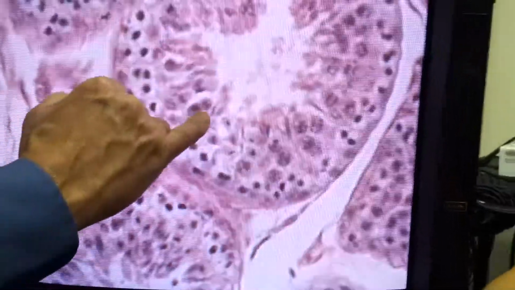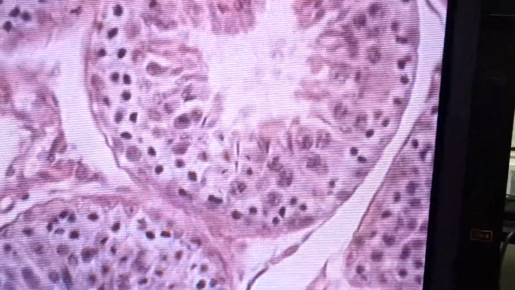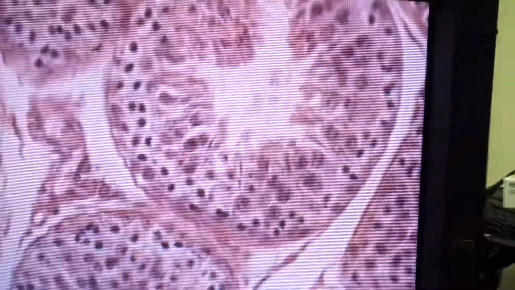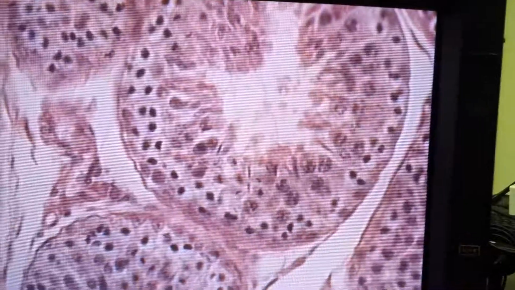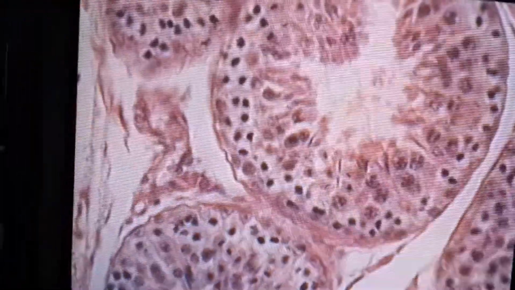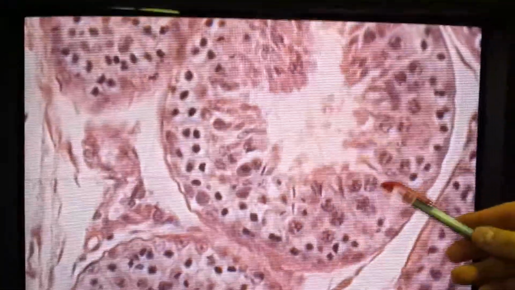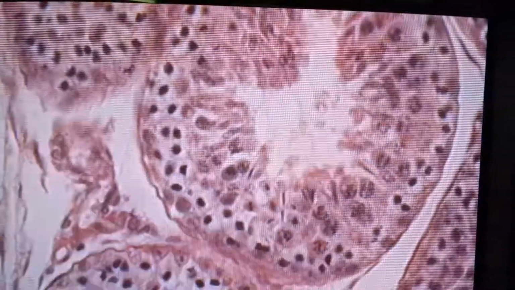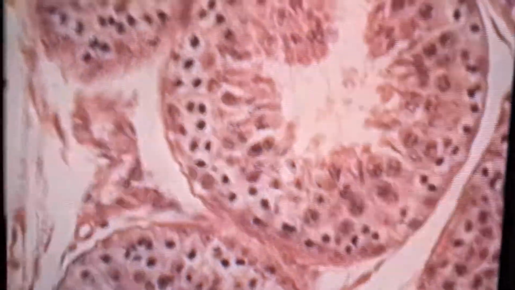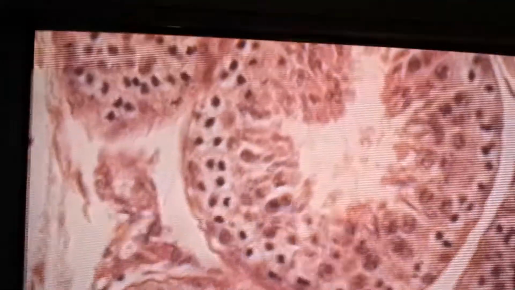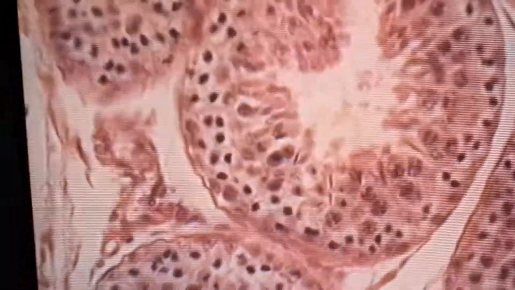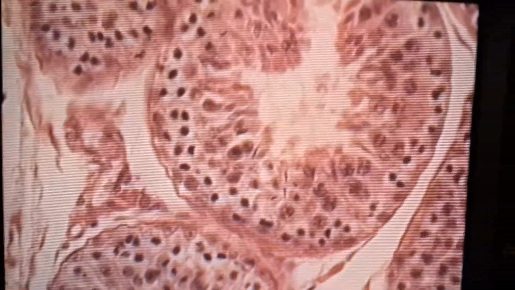Here's a Sertoli cell nucleus. It's a lighter cytoplasm, right? How do you differentiate? The lighter cytoplasm. It's very well defined, not heavily stained, and it kind of looks like a small cell. It just kind of screams Sertoli at you, if you will. It looks Italian. Sertoli was Italian, of course. All right. Anyway,